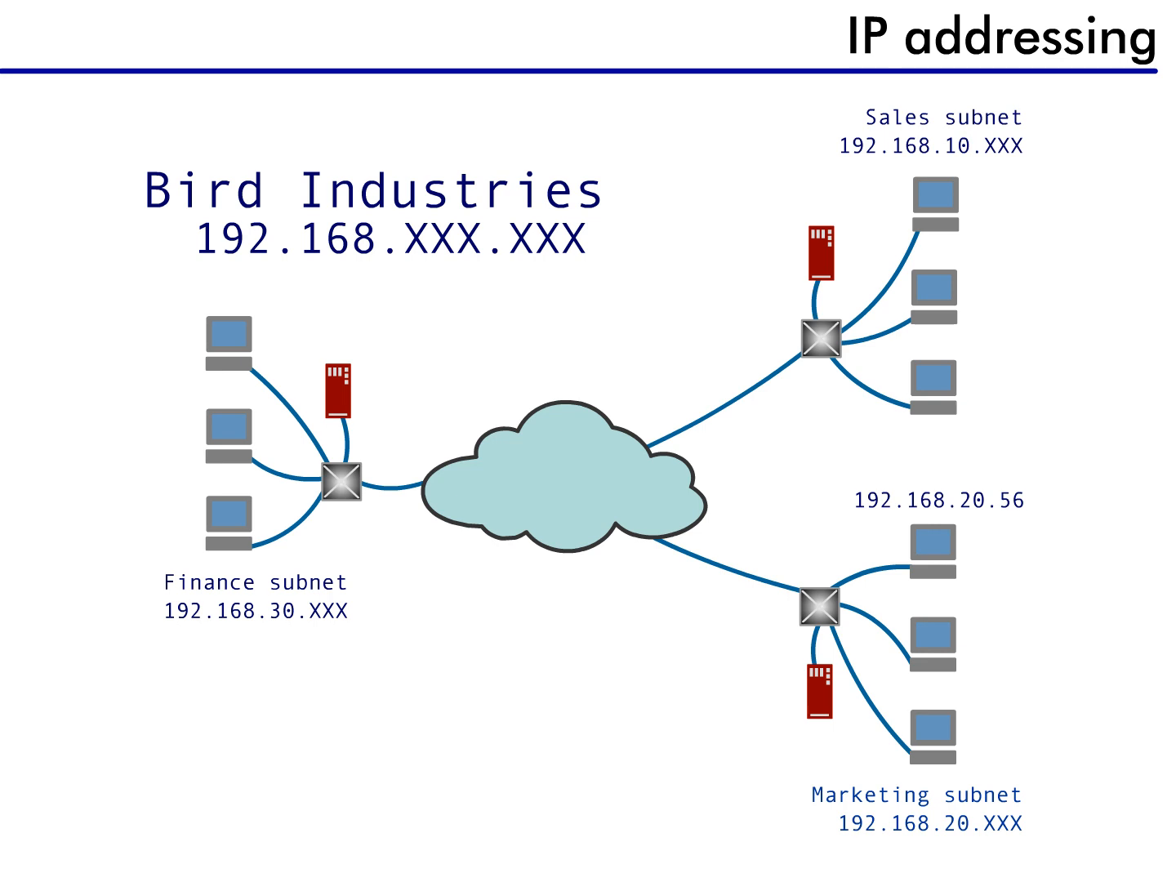Let's say you have a company called Bird Industries. When you request a set of IP addresses for your company, let's say you are issued the addresses 192.168.10.xxx. This means that 192.168.10 is your network number. The last block of numbers allows you to assign these to individual network devices like